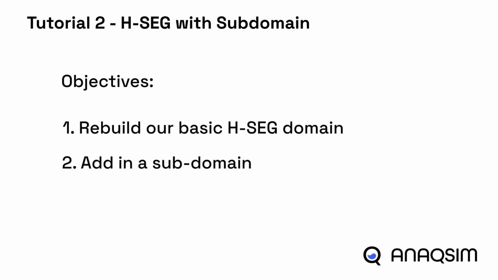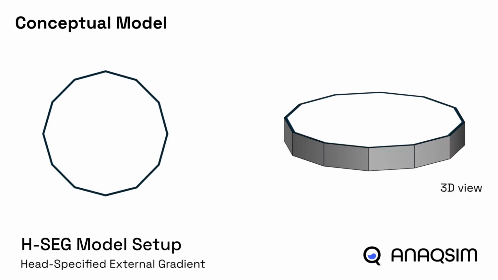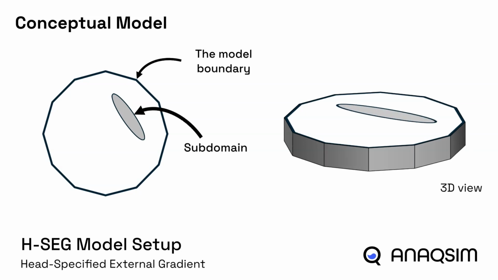In Anaqsim, subdomains are often used to create discrete geological features like clay lenses and infilled sand channels. Let's begin by sketching out our conceptual model so you can visualize what we're building. We'll use the same circular HSEG boundary setup, then add a subdomain with different aquifer properties to simulate its effects on groundwater flow. For this example, we'll add a simple infilled channel made of low-permeability material to demonstrate how to